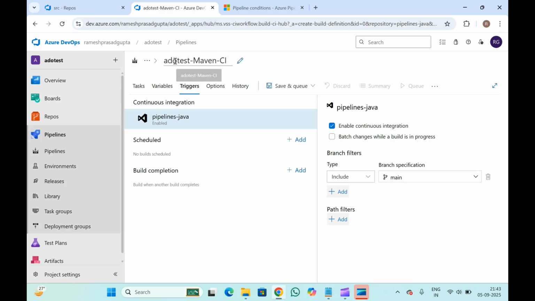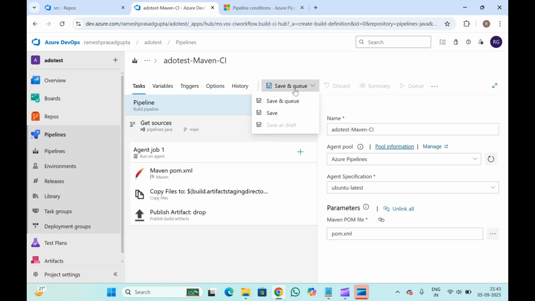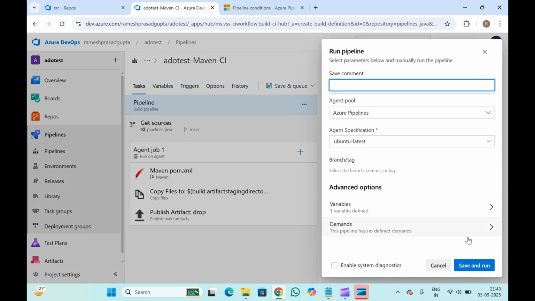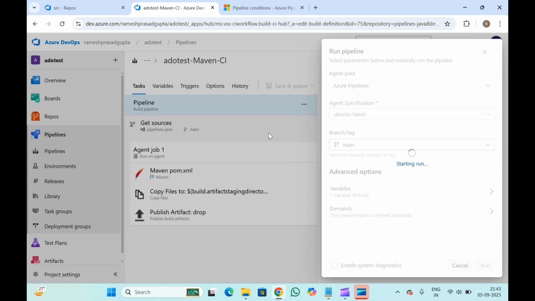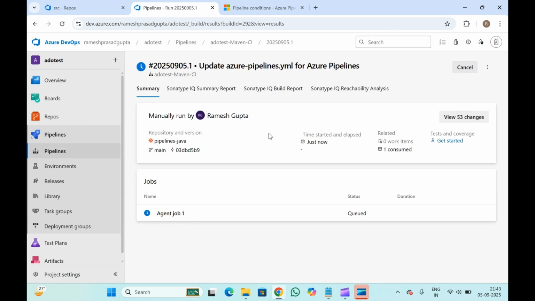Okay, so our pipeline has now been created. We are done, and now let's click on save and queue the pipeline. So this will save the pipeline and run it. Right now we have manually triggered this pipeline. You can see it was manually run by my name, Ramesh Gupta,